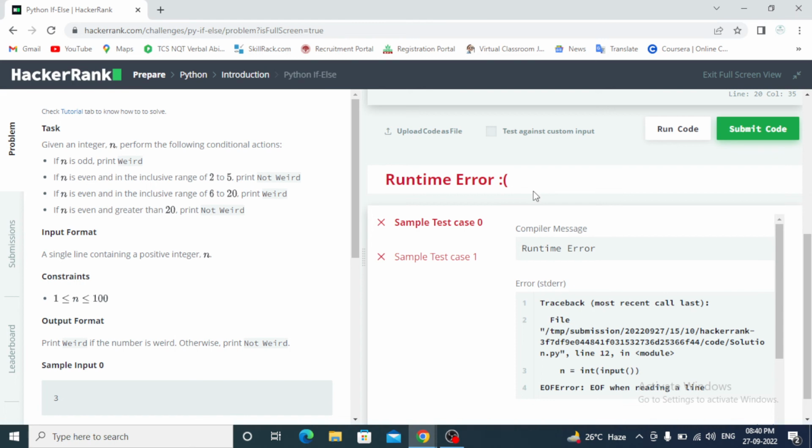Okay. After that, run again. Successful, because there is already written